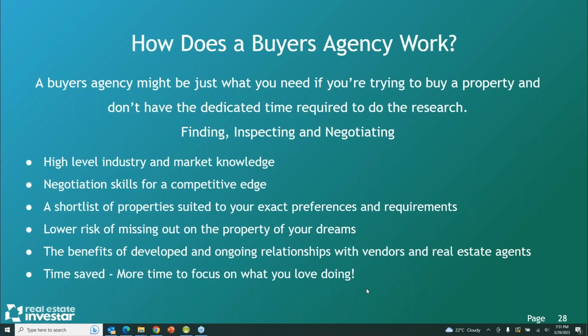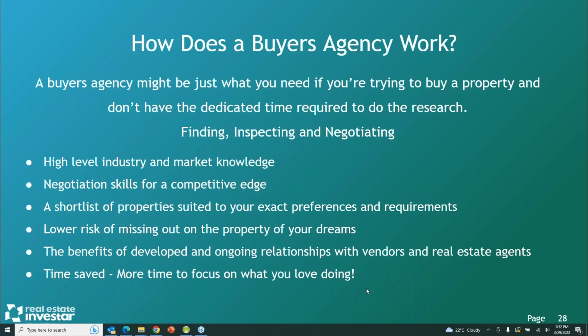Another benefit of having an experienced buyer's agent is they'll have a lot of relationships with new land developers and builders. If I'm sourcing existing properties, I've got a list of agents, and if there's something matching my client's strategy, they'll give me a call and say, hey Geoff, I've got something coming up. I've been sourcing some development sites, larger land parcels, for clients. Quite often we'll get notified of those properties before they hit the market. And it makes sense for the selling agent, because if a buyer's agent approaches them about a property, they know there's already a client, probably financed, ready to make a decision, not going to waste their time. So it works well for both parties.